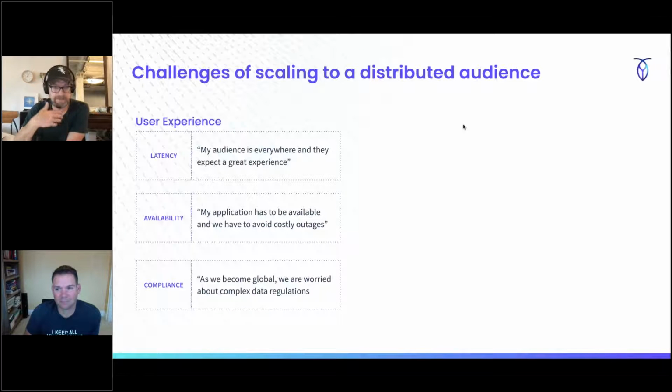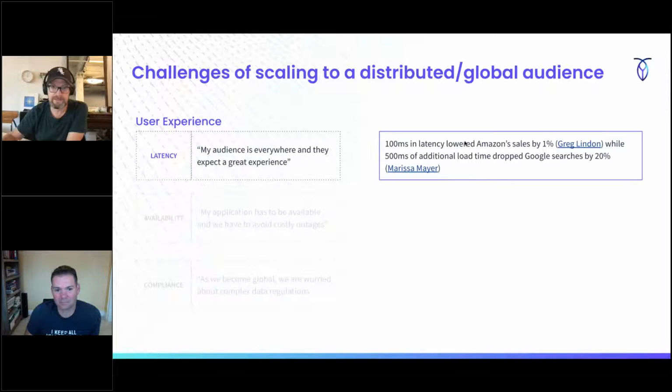Say, German data lives in Germany, that sort of thing, right? And so how do you actually deal with that? For us, and for our belief, of course, this happens in the database, but each one of these things has significant impacts on our business. There are some stats about Amazon and Google on latencies of access to data and how it affects them at large scale. I think it affects us more from a consumer point of view.